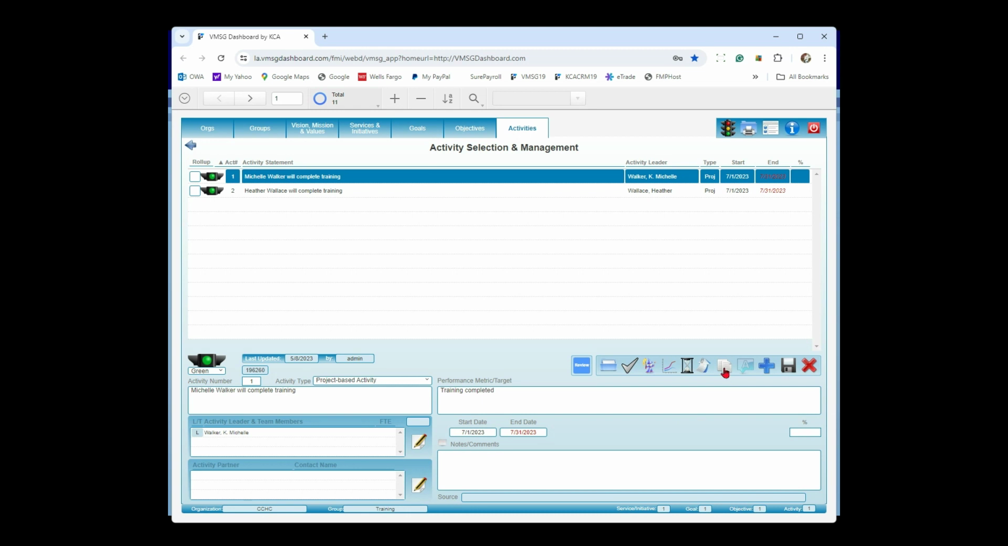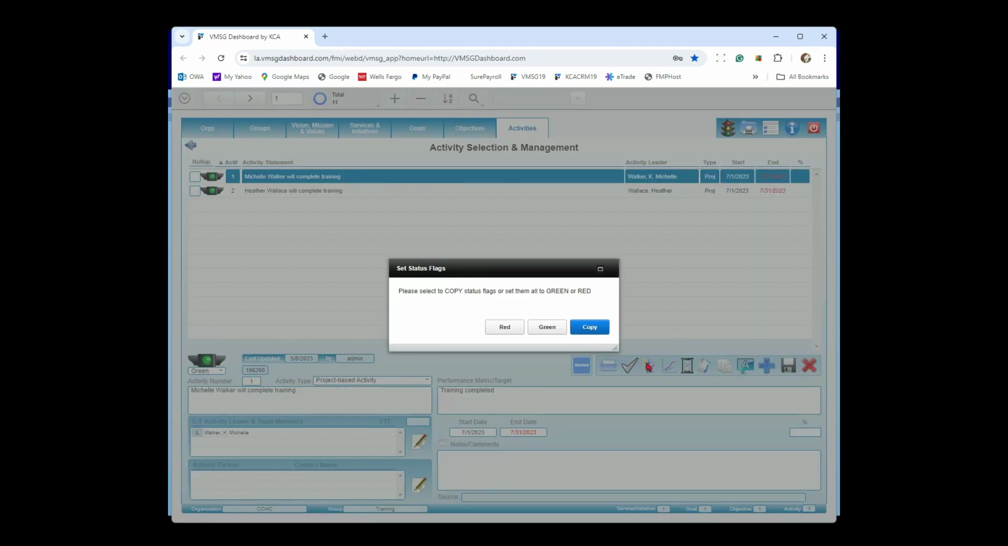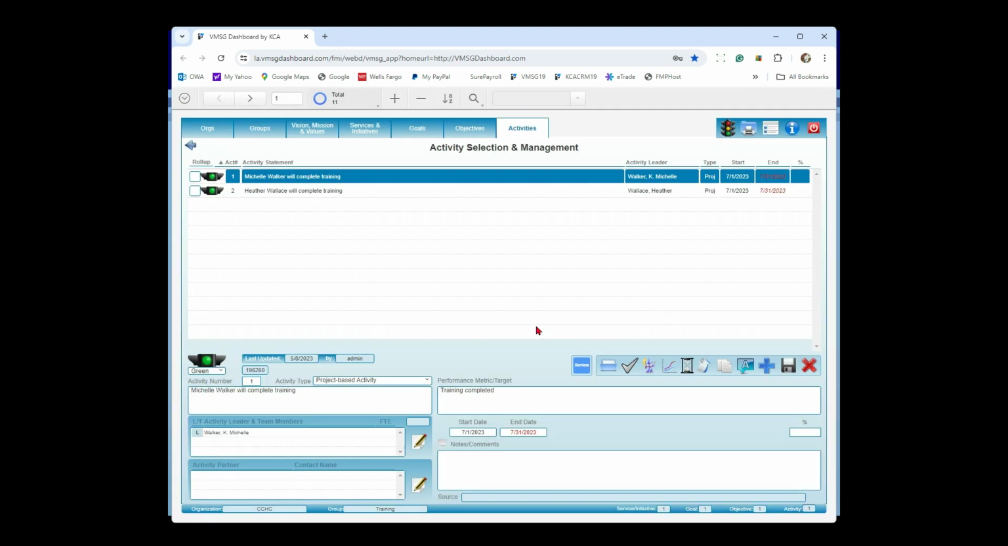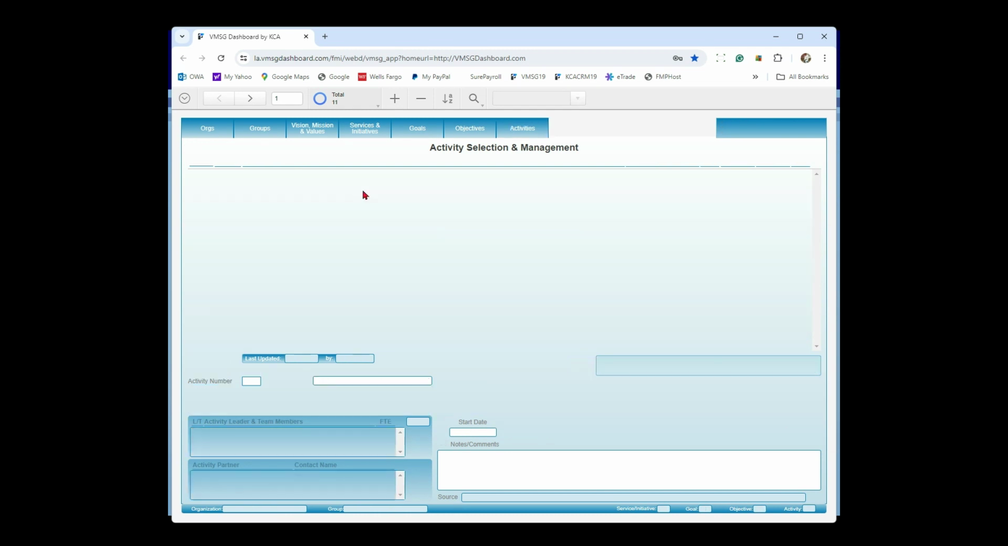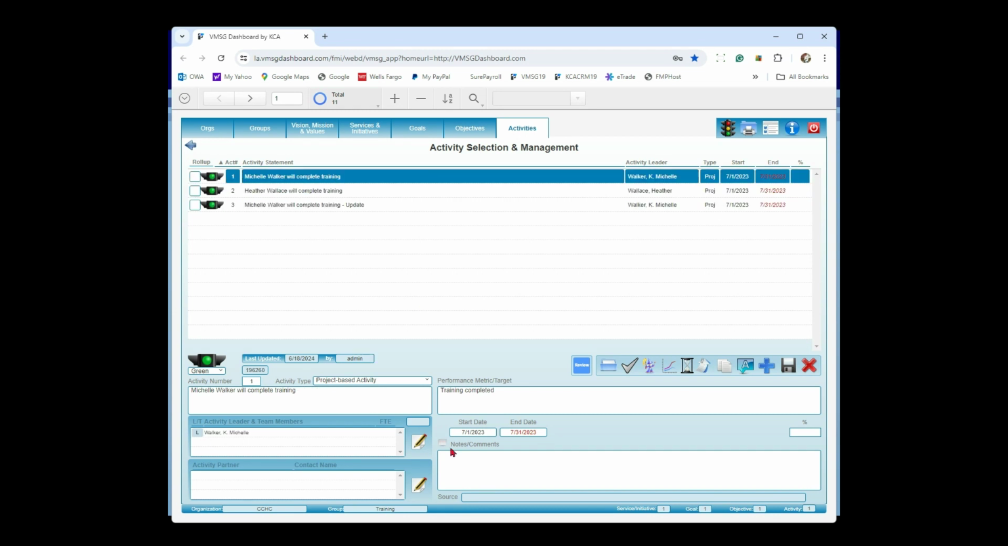So first of all, I'll make a copy here. I'm going to paste it in here. I'll just keep it as a green light. Now I have a copy of that activity. So this is the same activity, and we'll say updated or something along that line. Save that. Now I'm going to go back up to this activity and put a note down here that says,